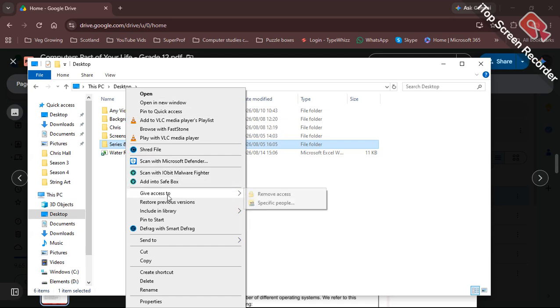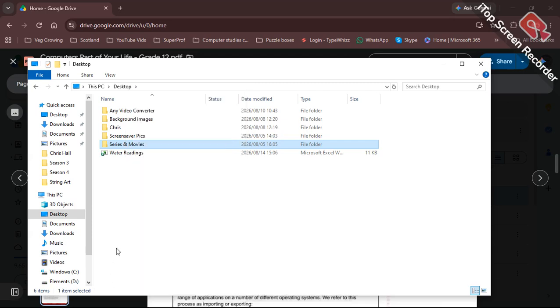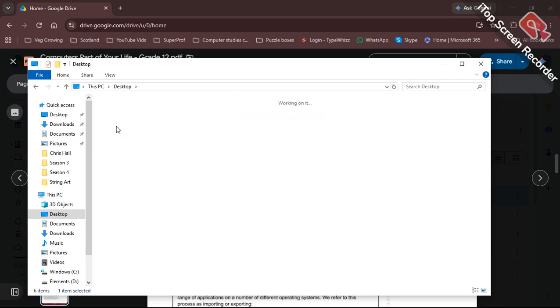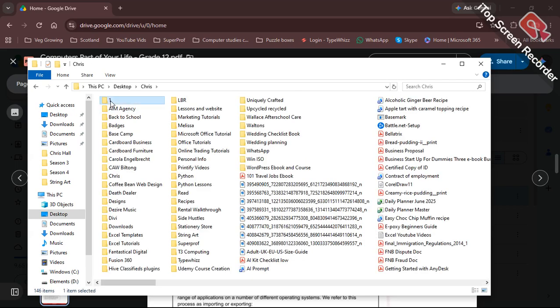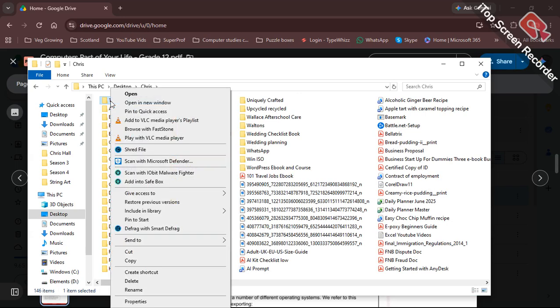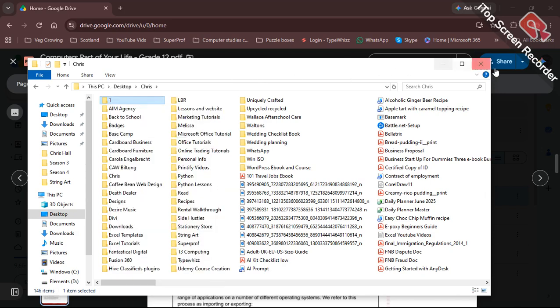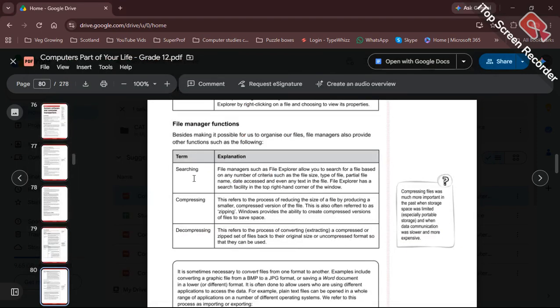Shred, no. Give access, no. Print to start. All right, let's go into here and let's go see if I can quickly zip something else. No, for some other reason, it's not giving me access to that at the moment. But you can download software to give you the ability to zip